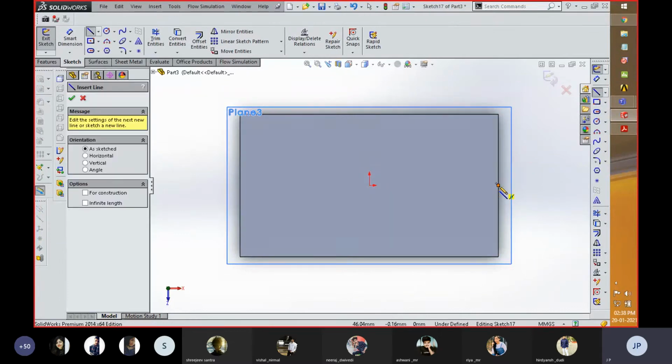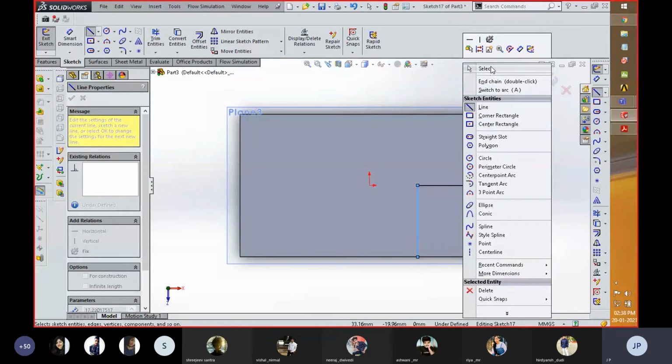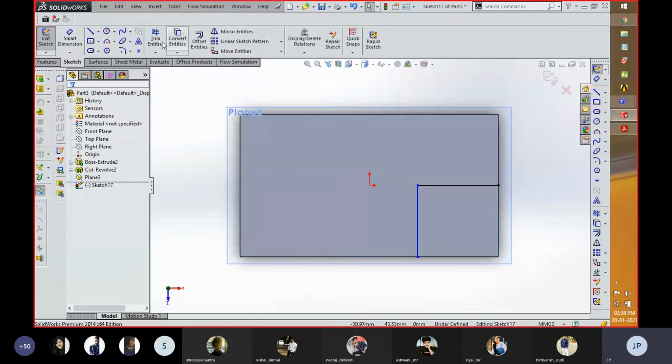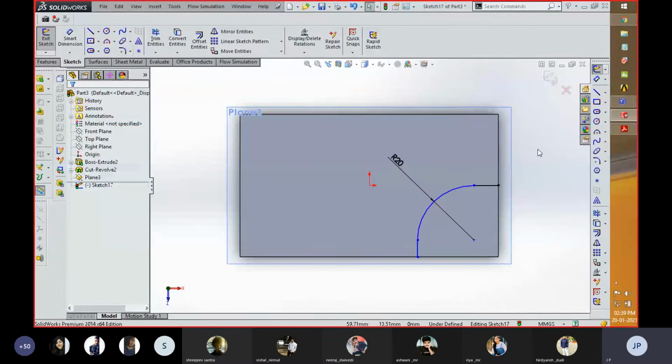So for that I'm going to create two lines. This is the path which I am creating right now, followed by a sketch, and putting a fillet over here as per my sketch requirement, then exit sketch.